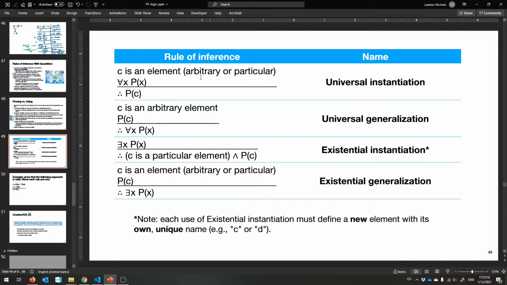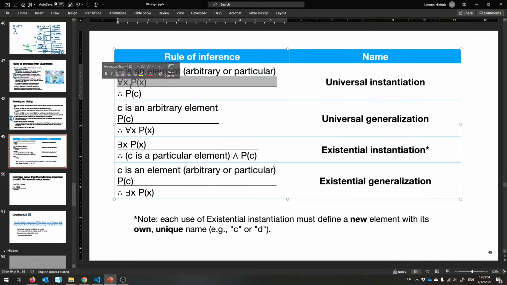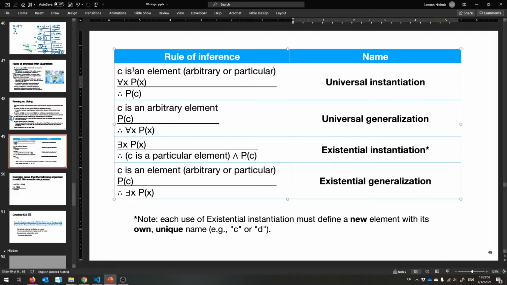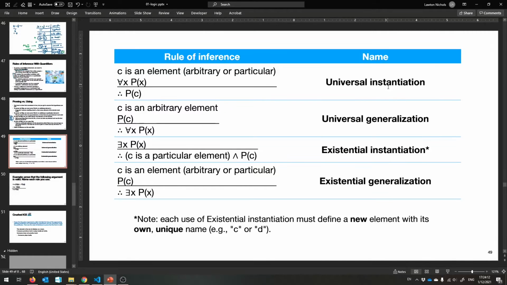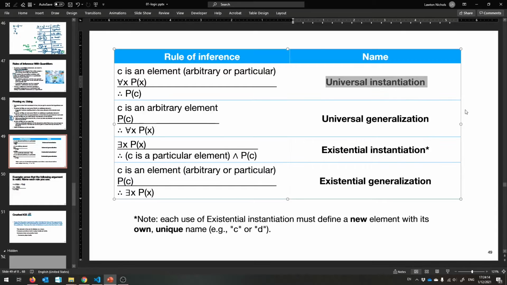So if we want to use a for all as a hypothesis, we can instantiate it. If you have some element of your domain that you'd like to use this on, you can immediately extract P of C for that element, because you knew it's true for everything. Here's one thing, it must be true for that. That's universal instantiation. That is using a for all